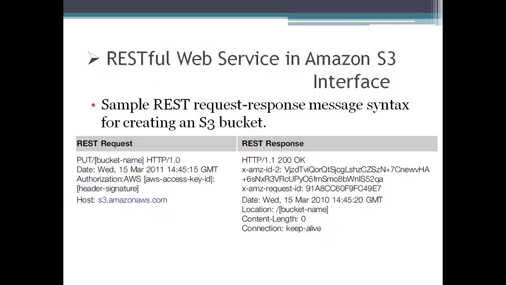Here is a simple example, after that I will finish. We make a REST request, and it gives the response. For the REST request, I am creating a bucket name, or creating a new record here. To create a record, we use PUT. Here we are using S3, which means Simple Storage Service. We are using Amazon's Simple Storage Service interface to create a new record, which means to store the data.